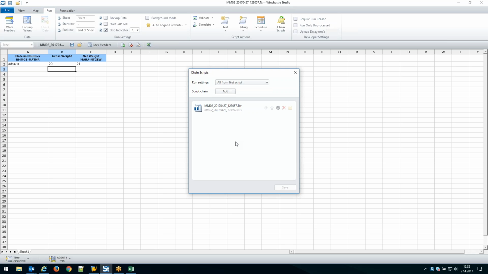So the purpose of this is that for certain processes where you are running multiple SAP transactions in sequence, you can build scripts for each one of those and then link them together to form one long chain of scripts here in Studio 11. MM02 probably not the best example of this, but it could be